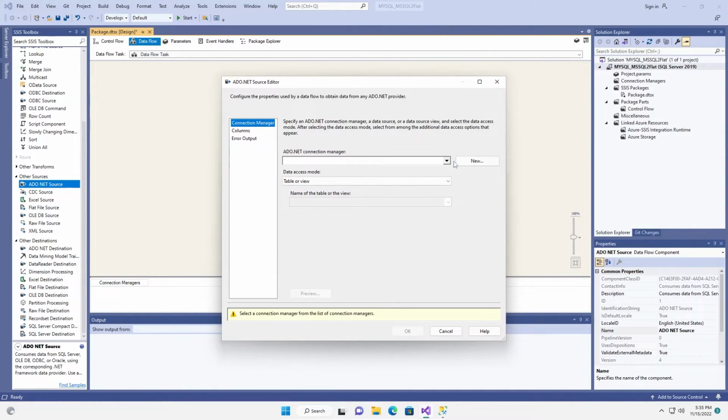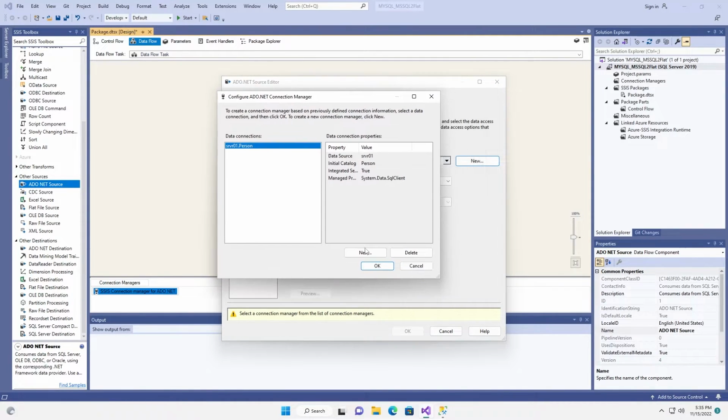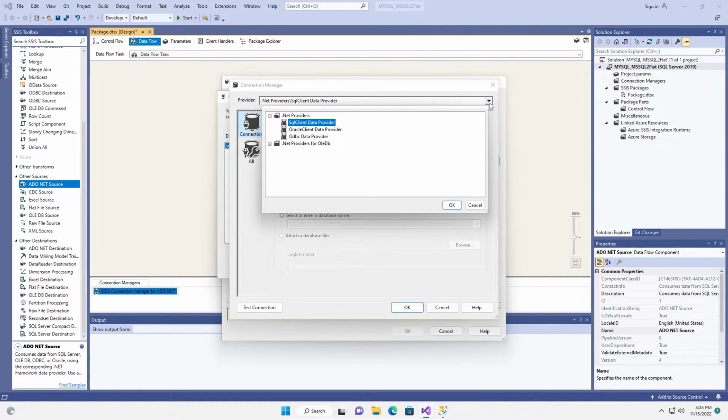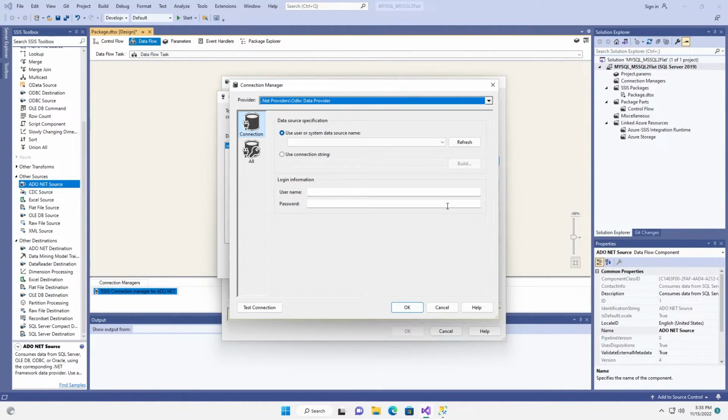Open. I have to provide a new connection, new. I have to change the provider first. You have to choose the ODBC data provider. Click on here, press OK.